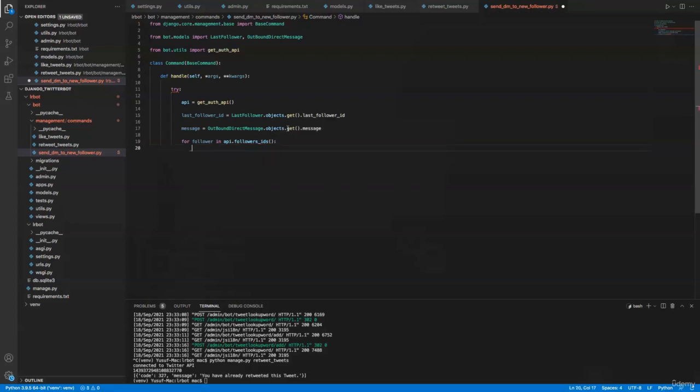And then if follower is equal to last follower ID, then I'm going to break. So I'm not supposed to send a message to someone who has the last follower ID. Okay, then else